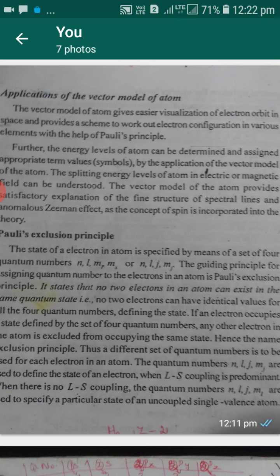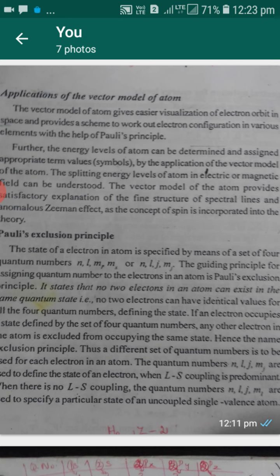What it says is that one orbital has four quantum numbers n, l, ml, ms. But two electrons cannot have the same four quantum numbers. That is, only one electron can occupy the same orbital with a given set of four quantum numbers. One orbital has two electrons, meaning one will move clockwise and the other will move anti-clockwise.